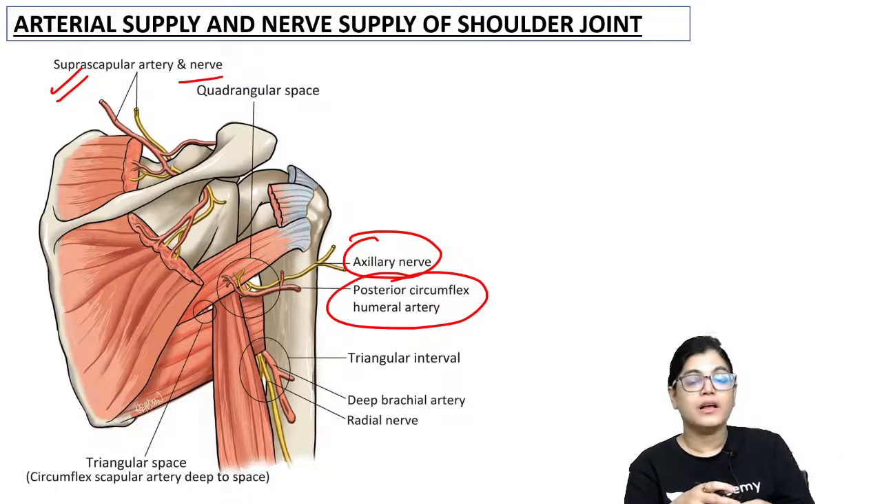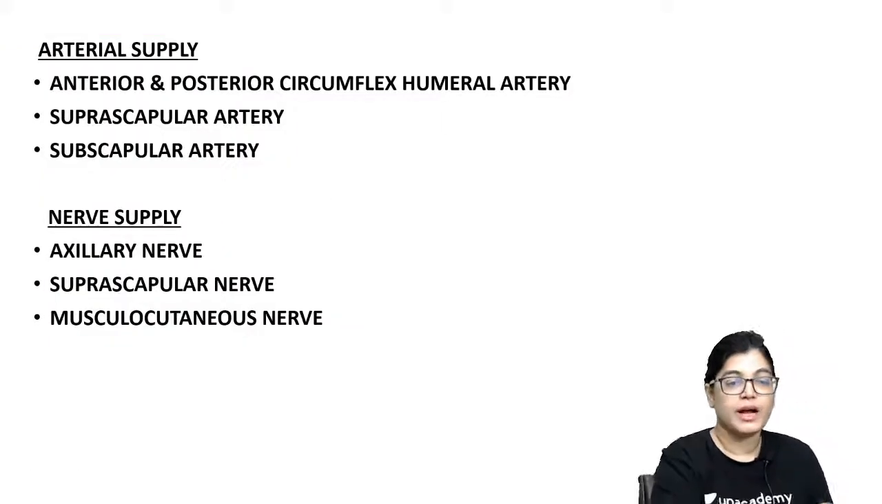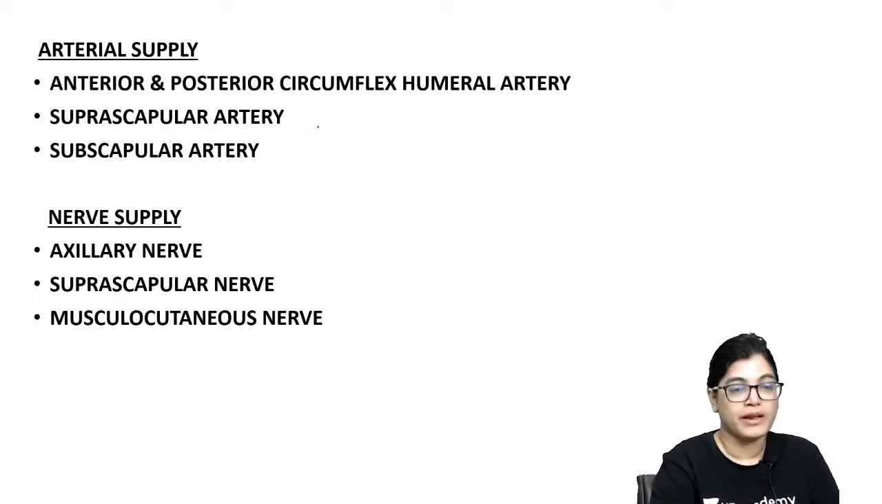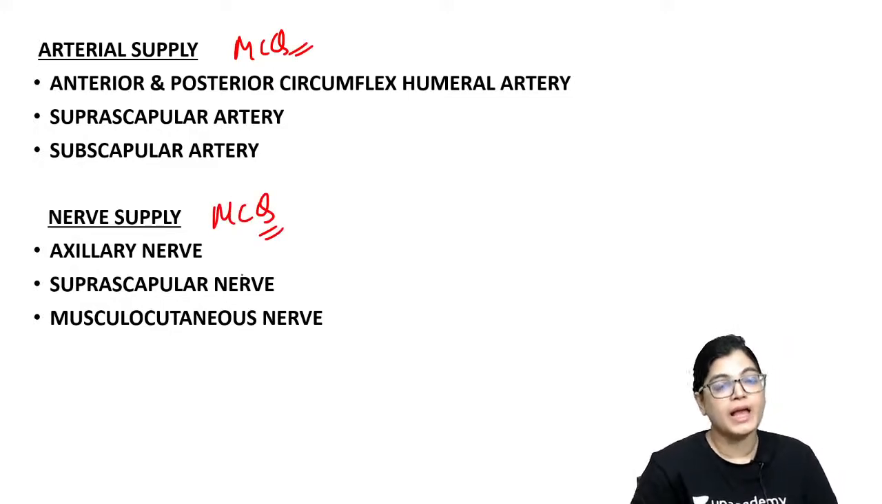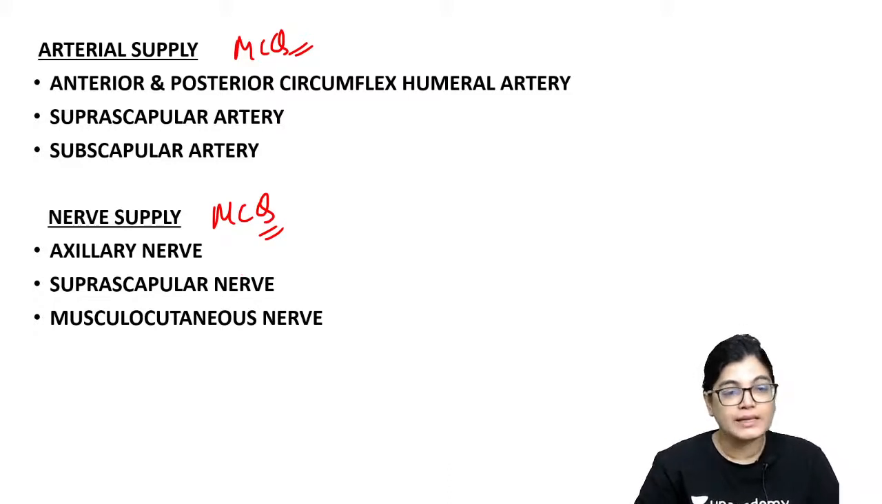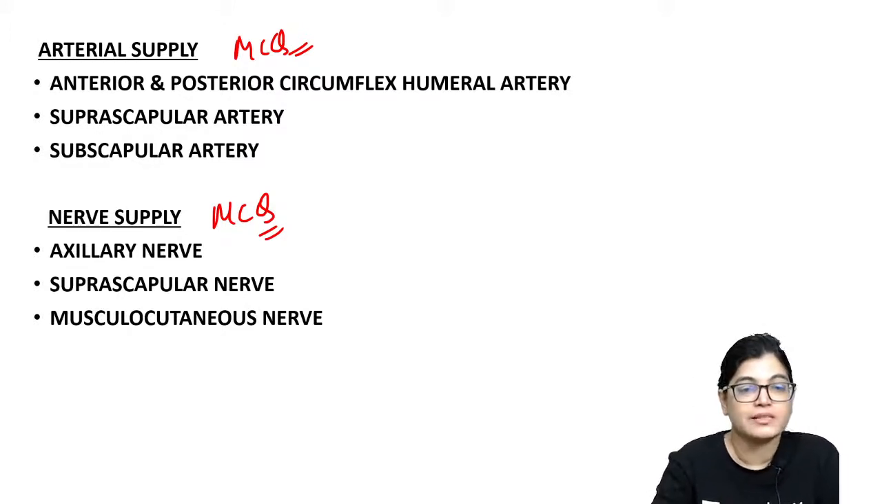Other than that, it also takes arterial supply from the subscapular artery. Please note down again, these points are important for the MCQ session related to shoulder joint, the nerve supply and the arterial supply. The arterial supply of shoulder joint is the anterior and posterior circumflex humeral arteries. We know that the anterior and posterior circumflex humeral arteries and also the subscapular artery are the branches of the third part of axillary artery, and